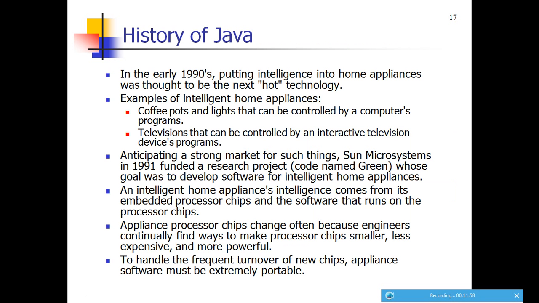History of Java. In the early 1990s, putting intelligence into home appliances was thought to be the next hot technology. Examples: intelligent home appliances, a coffee pot or light that can be controlled by a computer program, a television that can be controlled by an interactive television device program.